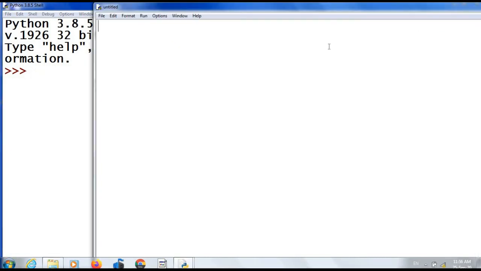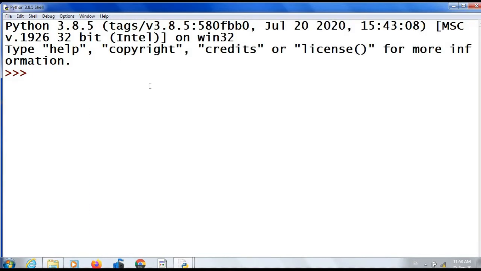Next type of operators, logical operators. Python provides 3 logical operators. First one not, then or, and the last one and. We will see one by one. The operands of the logical operators are true or false.